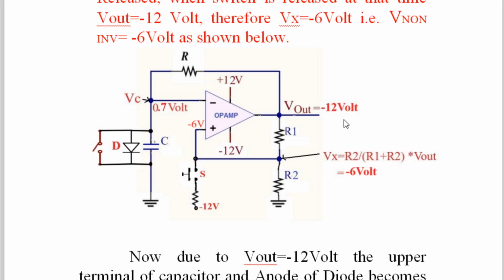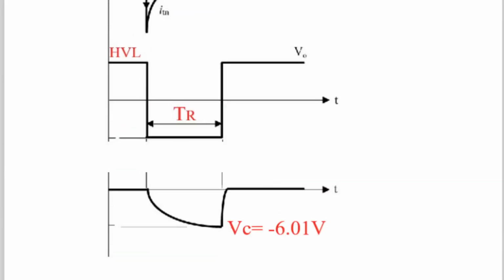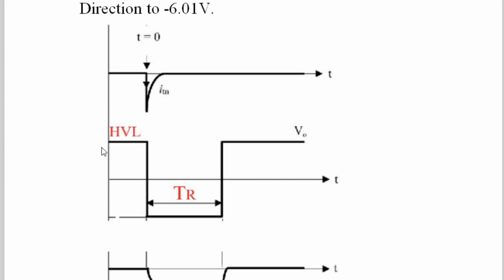Output will change its state from HVL to LVL, and this is shown by the graph at the output. You see here, initially, the output of the monostable multivibrator remains in HVL. So this is there. When you apply the trigger, this trigger means changing the voltage at the non-inverting input pin below 0. We have changed it to minus 12. So this trigger, the voltage goes negative. The moment the trigger is applied, the output of the op-amp changes its state from HVL to LVL. See here, this is the x-axis. It changes its state from HVL to LVL below the x-axis.